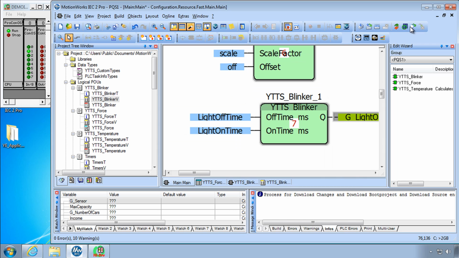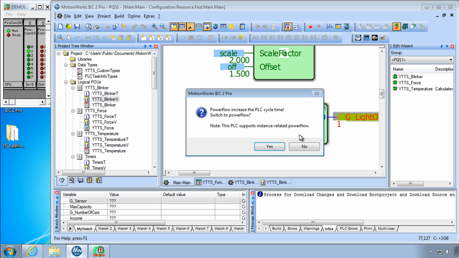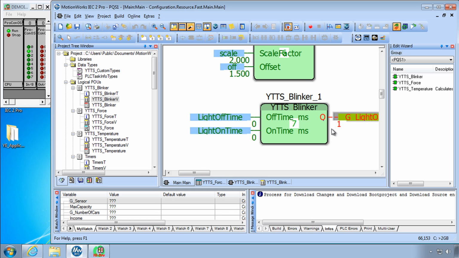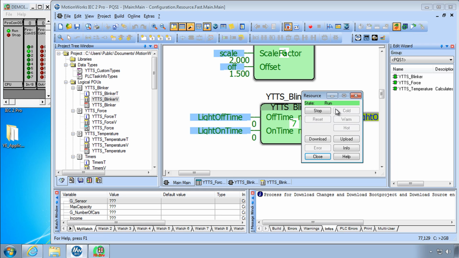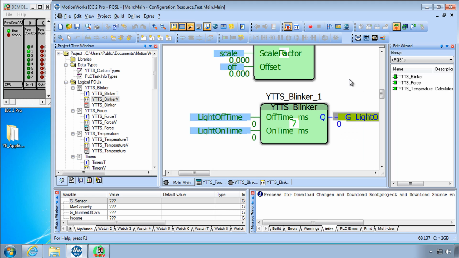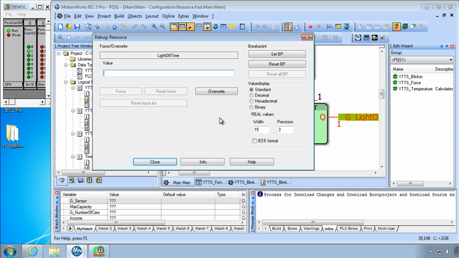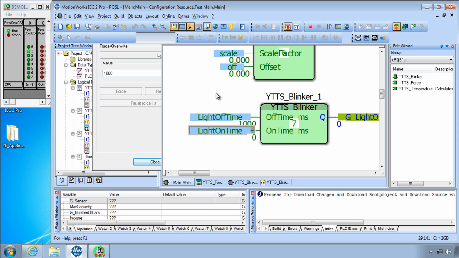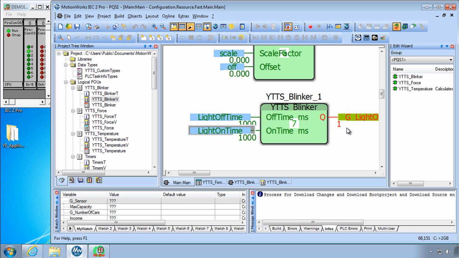And one more download changes. And close the resource, go to debug mode, let's test this out. And it looks like I'll need a warm start for that initial value to take place. I'll do stop and warm. You know, I don't have an initial value for the, let's give these also a 1000. And now we have 1 0 1 0 turning on and off,